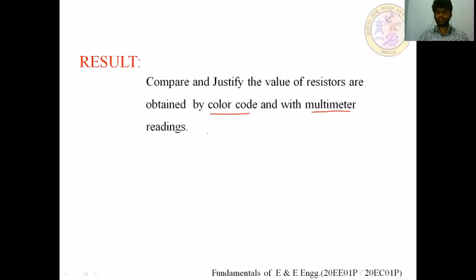Once we get that value, we are comparing the theoretical value which is coming from the color code system with the practical value which is coming from the digital multimeter. These two values get compared, so we'll get almost the same value from the color code and also from the multimeter. So hence the result of this experiment is to compare and justify the value of resistors obtained by the color code